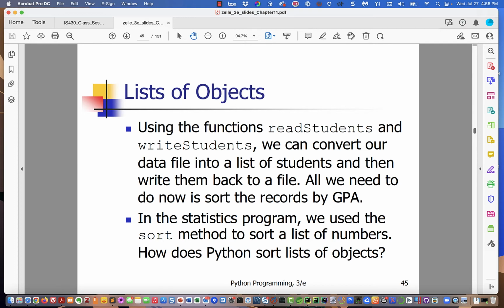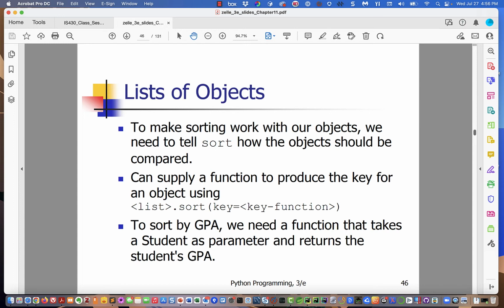In the statistics program, we use the sort method to sort a list of numbers. How does Python sort lists of objects? Well, to make sorting work with these custom objects, we need to tell sort how the objects should be compared. So we have to offer the sort a way to get key values from each of the objects. And we can supply a function to produce the key for an object. Okay. Now